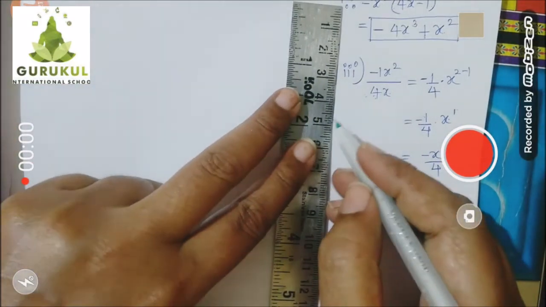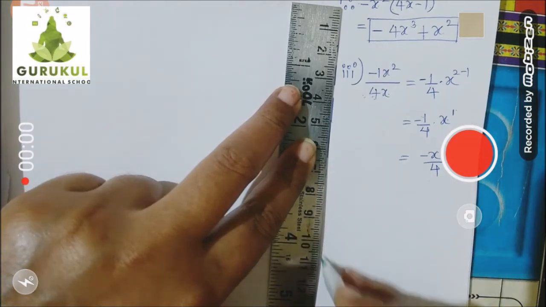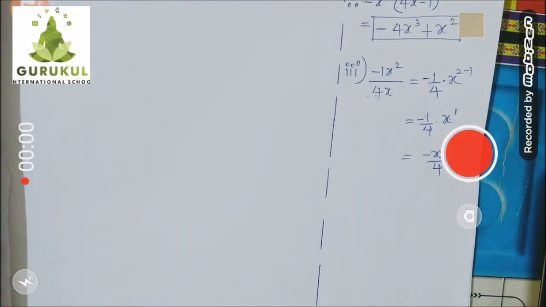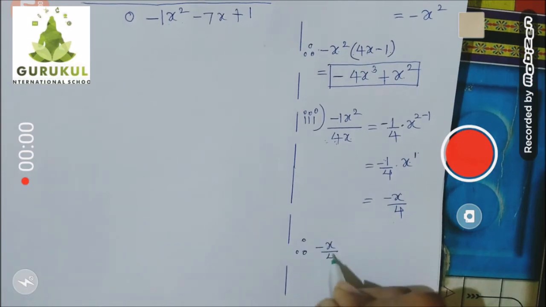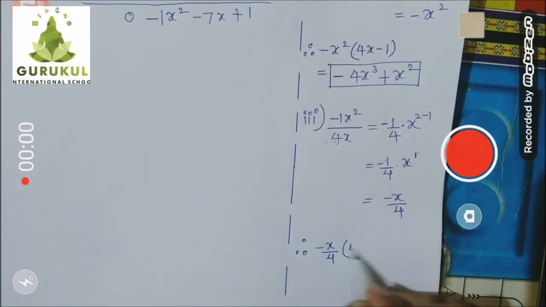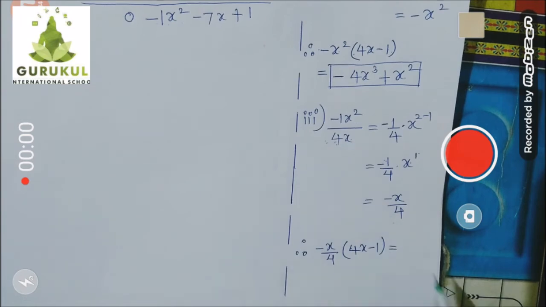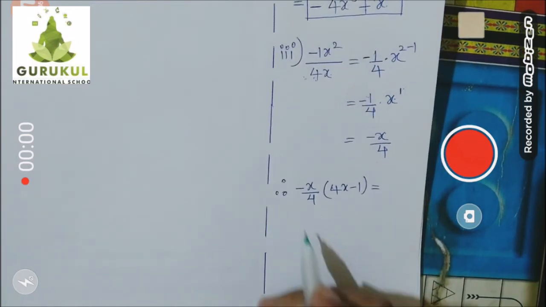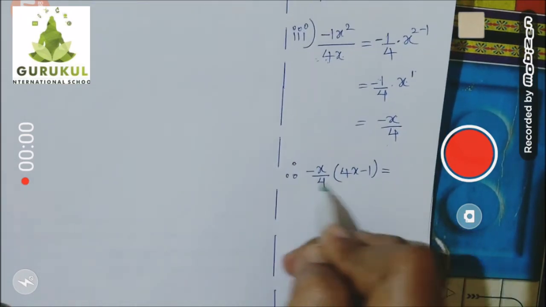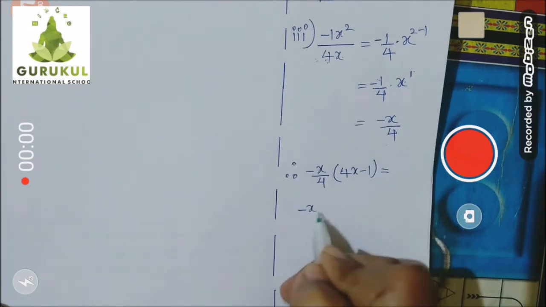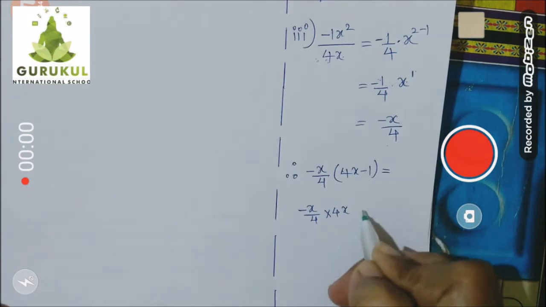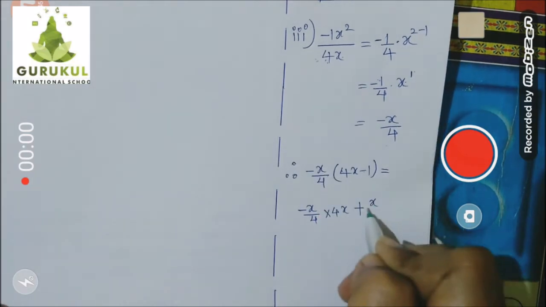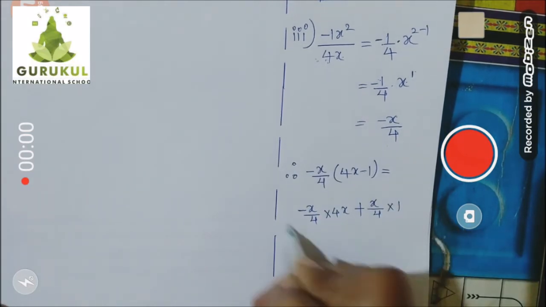Children, we will continue this expansion. I will write therefore minus x raised to 4 multiplied by 4x minus 1, and then multiply. Children, if you want, I will show you separately because it's a fraction. So minus x raised to 4 into 4x, and this is minus into minus, plus. So x raised to 4 into 1. The answer is,